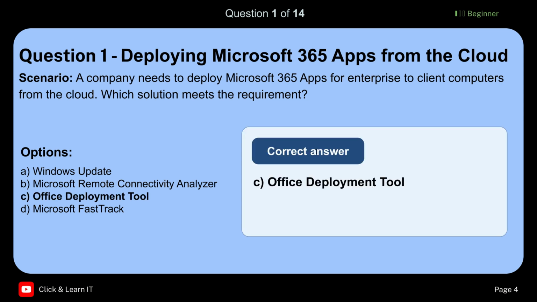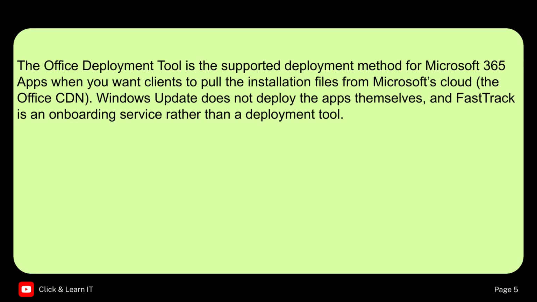The correct answer is C, Office Deployment Tool. The Office Deployment Tool is the supported deployment method for Microsoft 365 apps when pulling installation files from Microsoft's cloud, the Office CDN. Windows Update and Fast Track are not deployment tools for